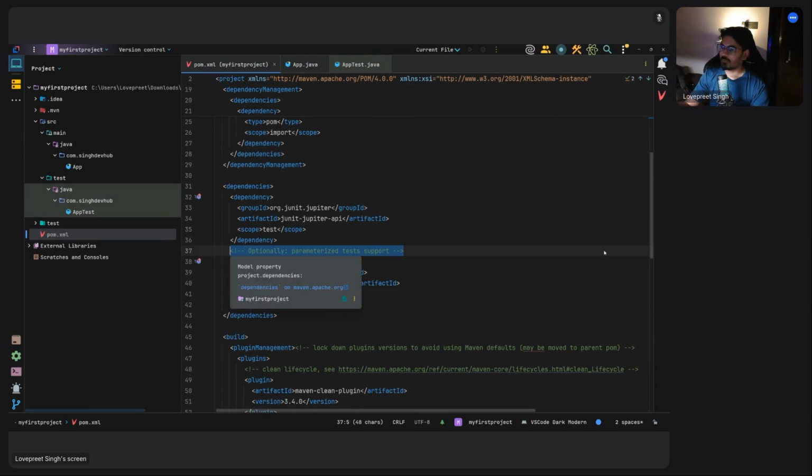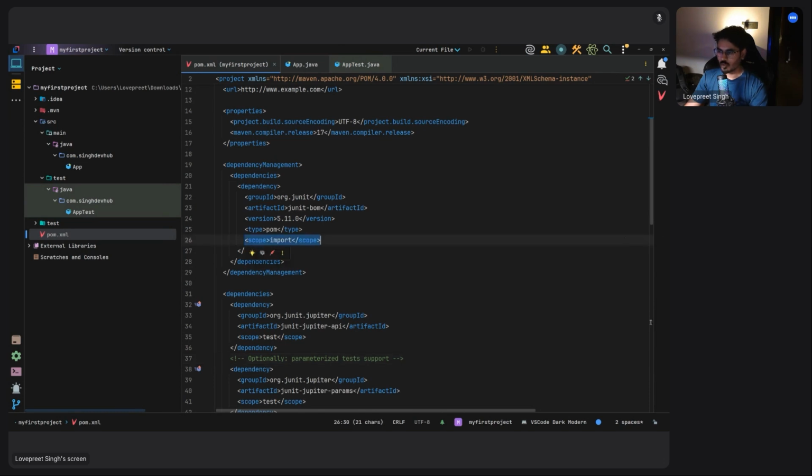Now people might say, brother, why are you not explaining this? Because this thing has its own time. When we do test driven development, then what exactly this parameterized test is will come. Now I can't explain this because our session will deviate. So that's why, as of now, what scope import and scope test mean is whenever you are